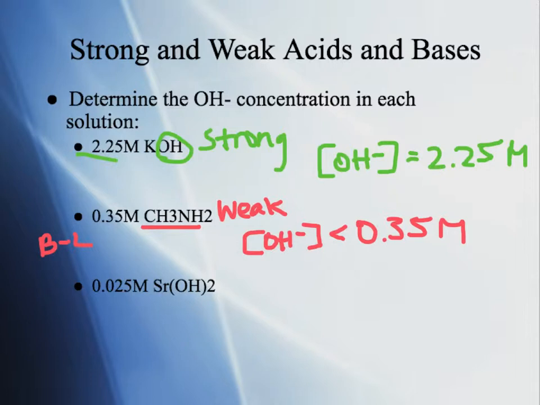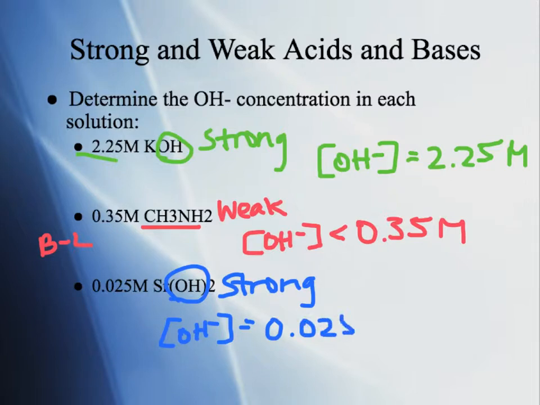We don't know how much less, but we know that it definitely will be less because it does not fully ionize in water. And our last but not least, we have strontium hydroxide. Look, we got that OH in there. It is a strong base. It's going to completely ionize in water, and so our hydroxide ion concentration is going to be equal to